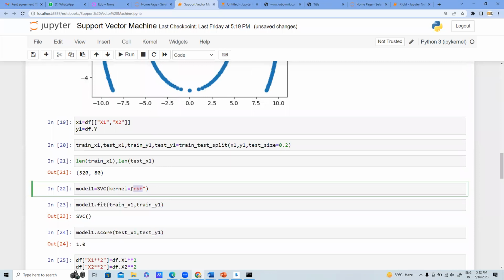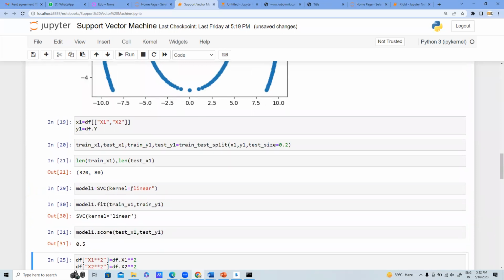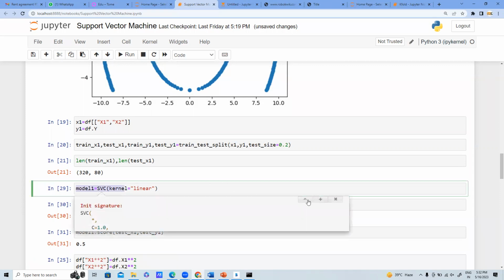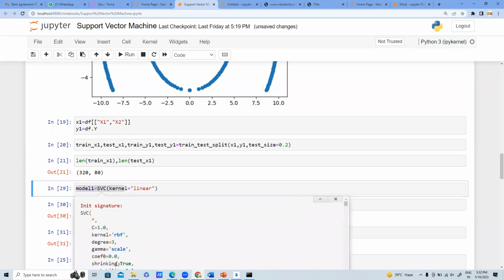I'm changing this parameter from RBF to linear. By just changing one parameter, you can see the accuracy becomes about half. So this is how a parameter works in a method. Internally, all these things are methods, and these are the default parameters of a function. What parameter is good for which kind of data, that we need to understand, and that is what we do